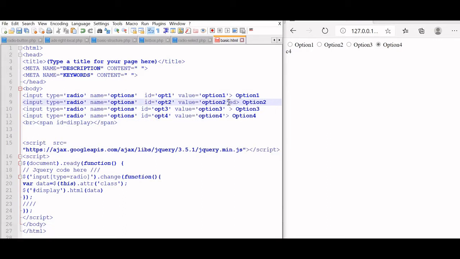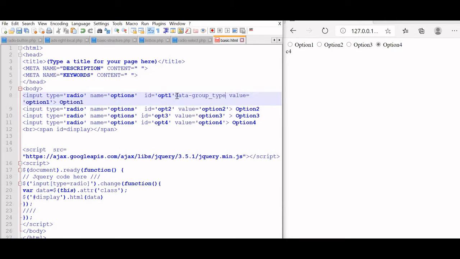Now let us add one special type of attribute to this. We'll remove this also. Okay, we'll go for data group type. Now let us say we'll divide it into two types, group 1 and group 2. Data group 1 we assign to option 1 and option 2.